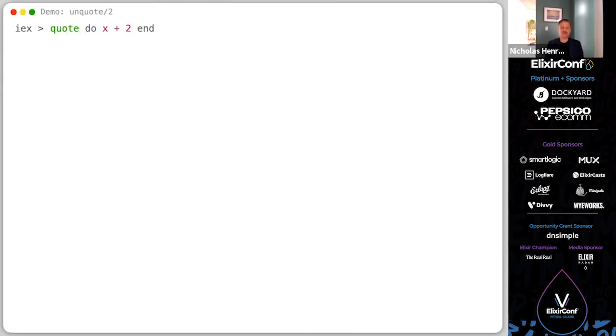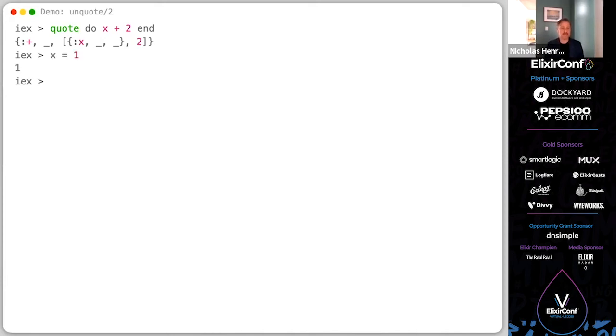Okay, so we're back at our REPL. We're going to create a simple expression, x plus 2, and we're going to pass that to the quote. And no surprise, we get to see the AST. This should start to feel a little familiar by now, I hope. And you can see the reference to our x var. Now, I again removed the metadata just to keep this simple.